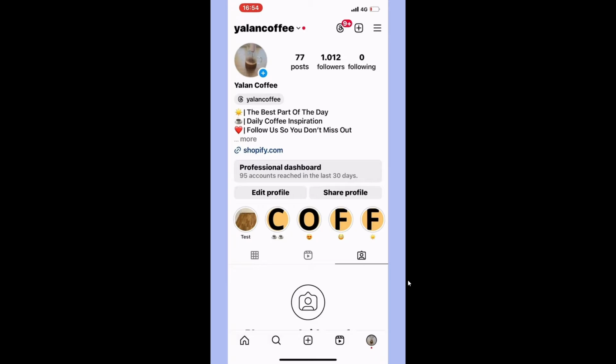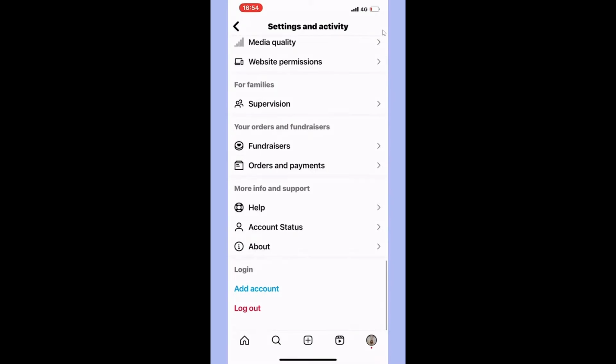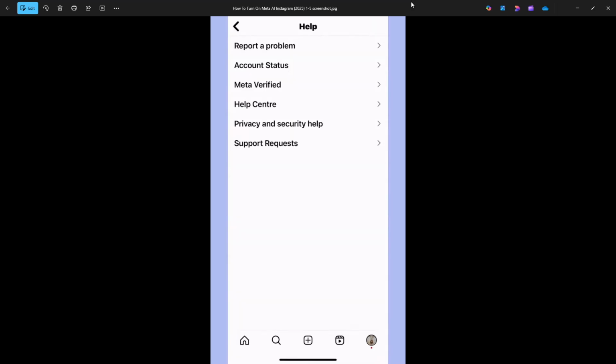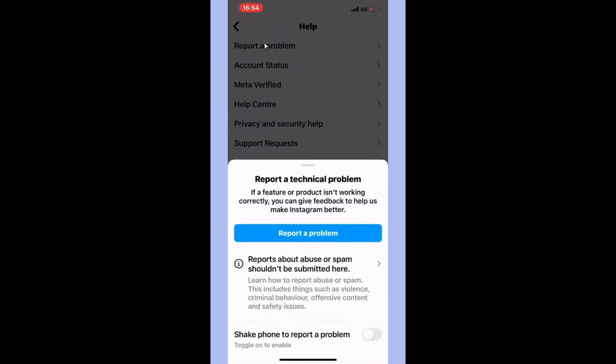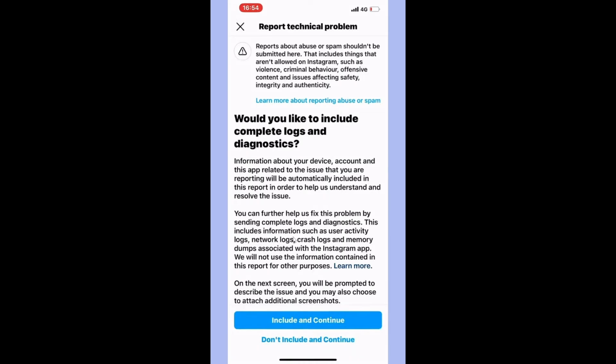Go to your profile, tap the three-line menu here. After that, go to help, and then scroll to report a problem. Here, this one, click on it. Here again, click on it, then choose include and continue,